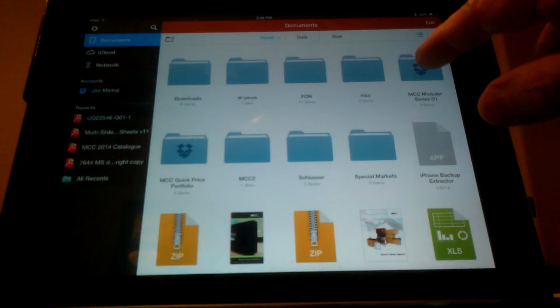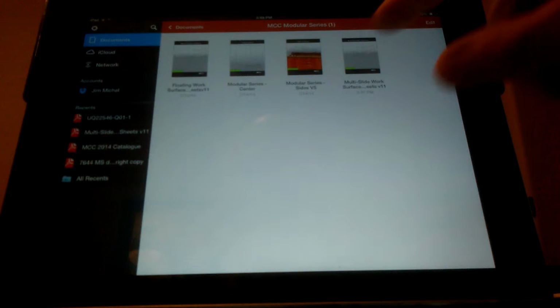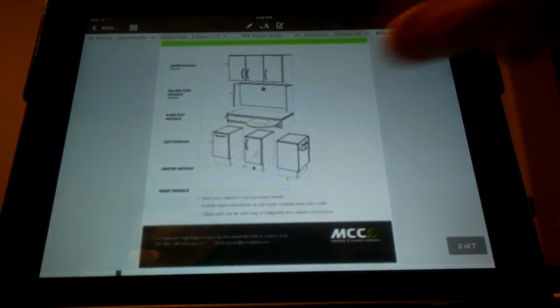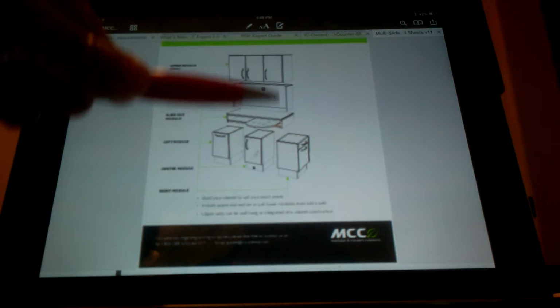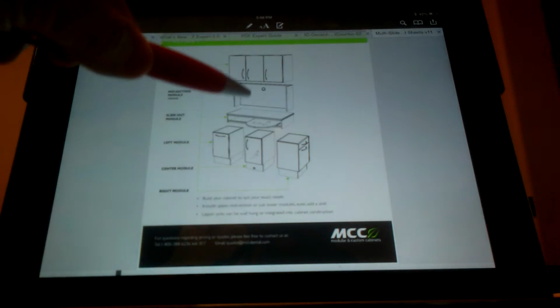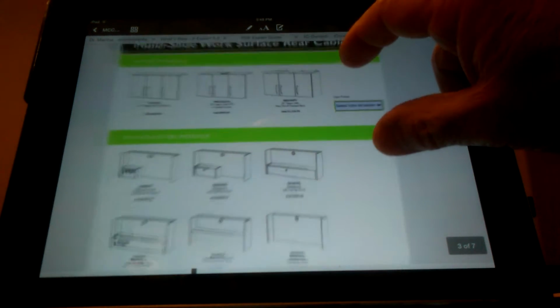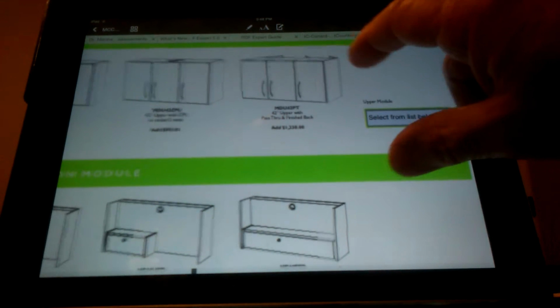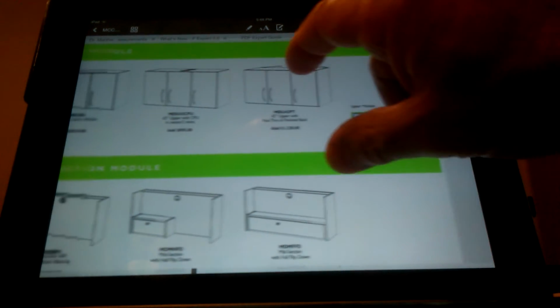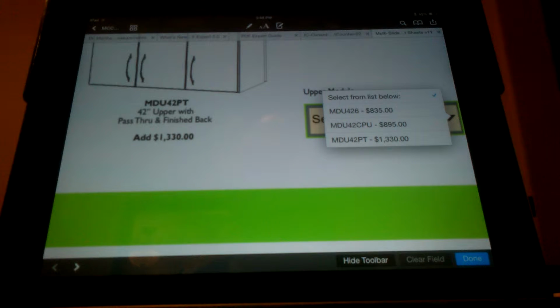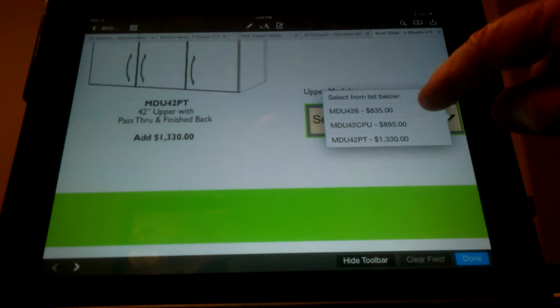So we will go ahead, open up the pricing configurator, and go to the multi-slide configurator, and go back to the beginning of it, which is page 2 basically, where we show you the breakdown of our rear cabinet systems and how we can interchange modules and midsections and upper. Okay, it's a very informative piece of the puzzle there. Now I'm going to blow up the selection box, and we can select one of these upper cabinets here, as you can see, and I want to blow this up large so you can see this on the recording here, and I'm going to check off